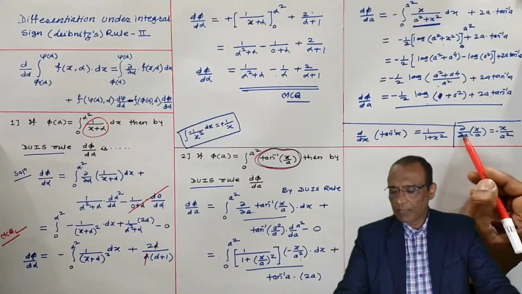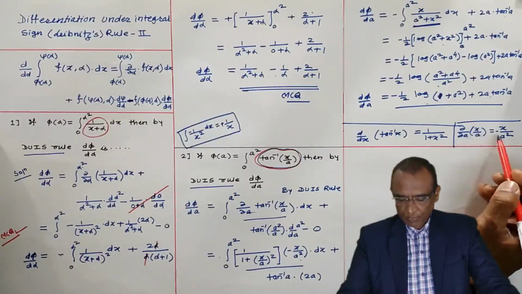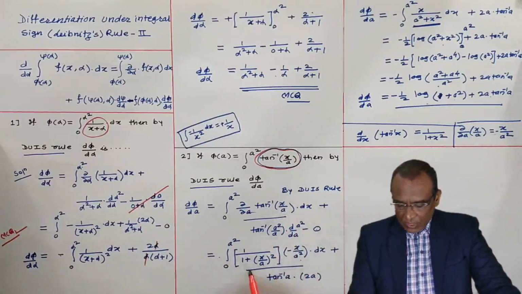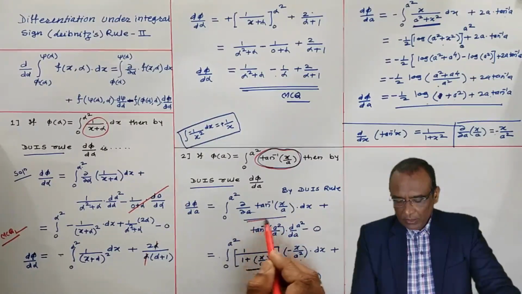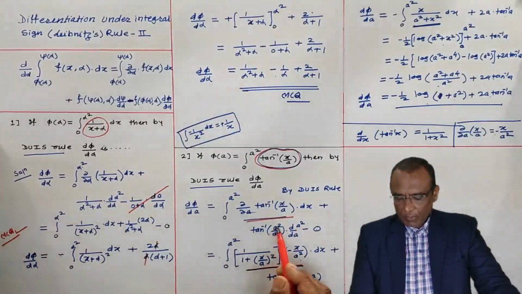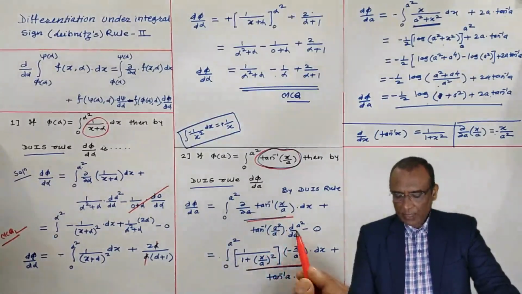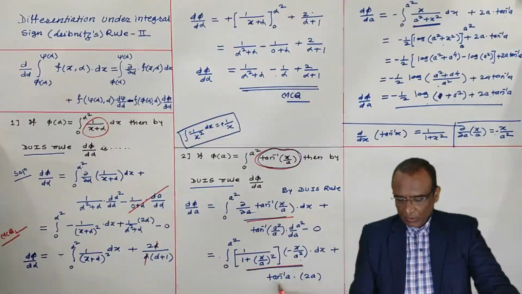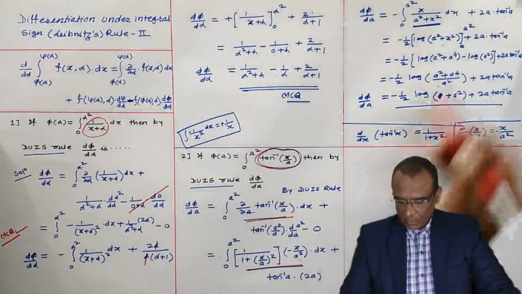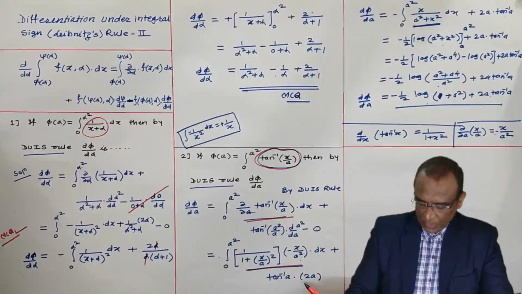X is constant, the derivative of 1 by a is minus 1 by a square. But the derivative of this we have to write in the multiplication. So this is the derivative of tan inverse xy. Now this term, tan inverse of a square by a is tan inverse a, the derivative of a square is 2a. Now this term I will continue up to the last time. See, this term is as it is. This term will be carried forward as it is up to the last time.